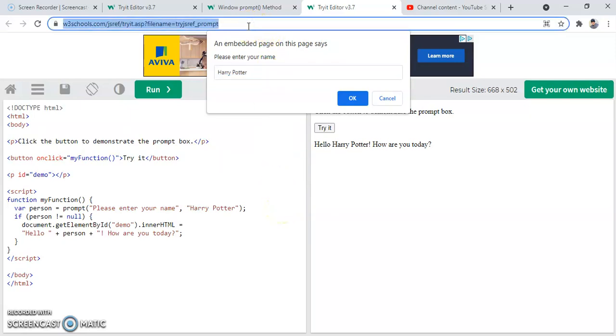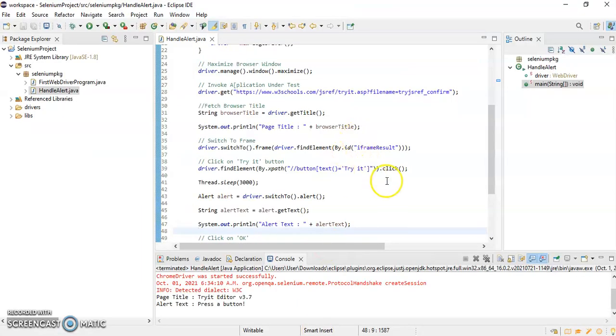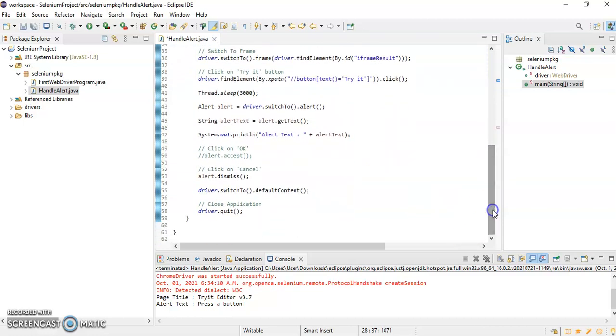I'll take this particular URL and change it now. I don't have to change anything else because here also we are switching to alert and I'm fetching the alert text. But before that, we have an edit box, right?